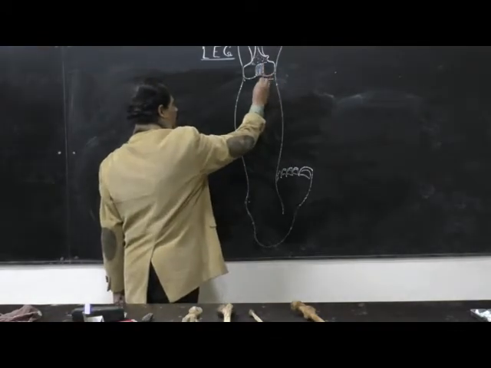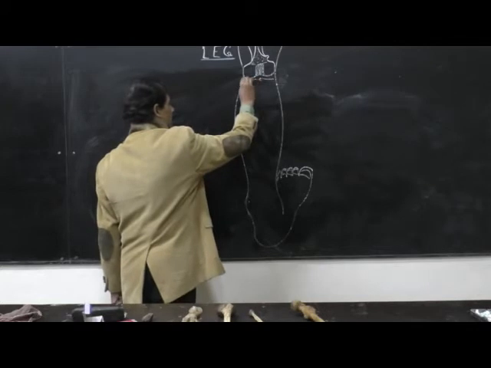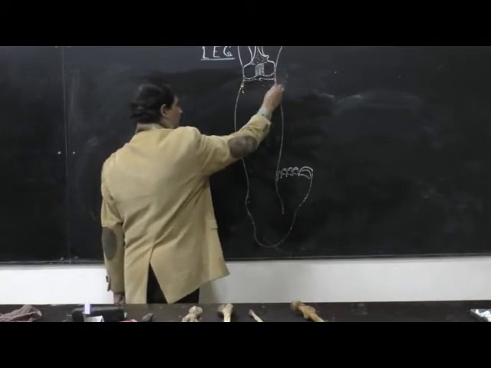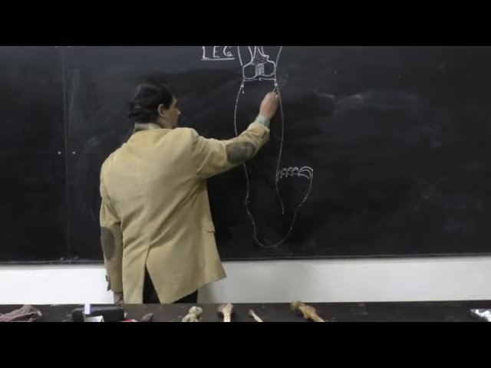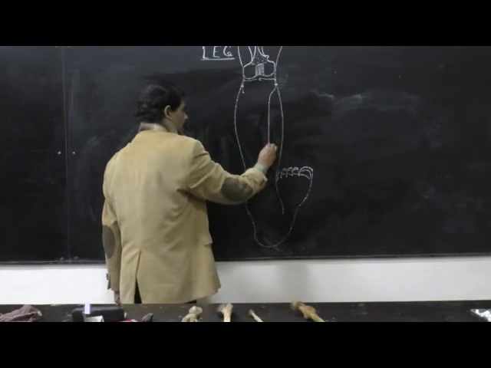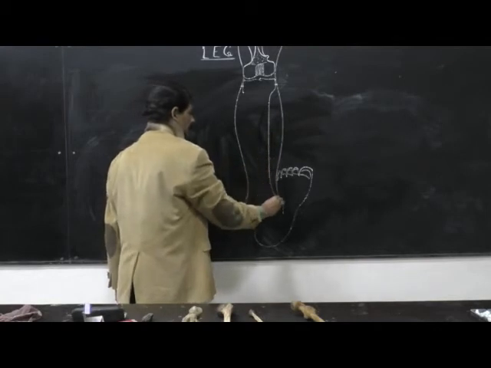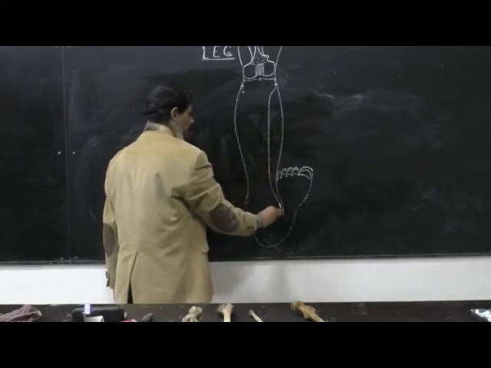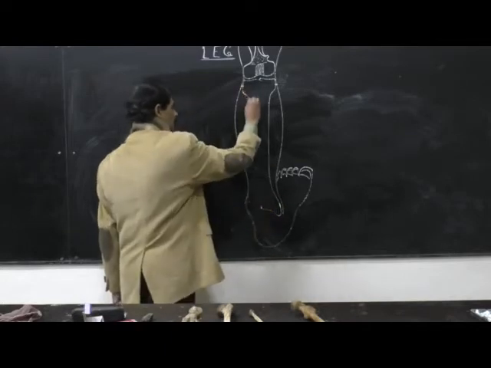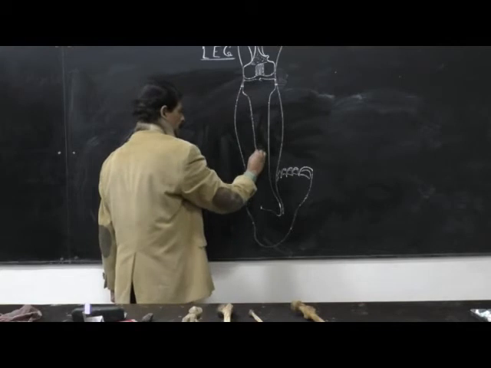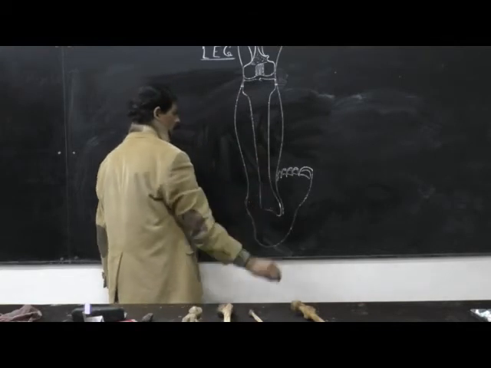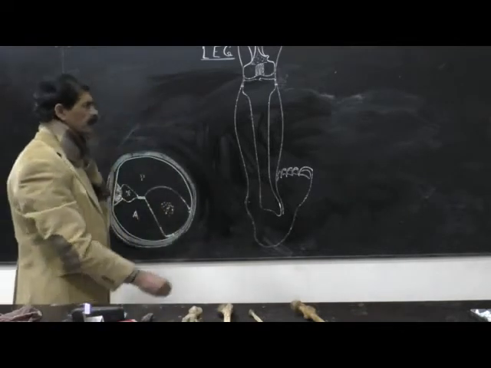Then the knee joint is formed by the lateral and the medial condyle of the tibia bone. The posterior surface of the condyles is the medial border of the tibia. Below it is expanded medially to form the medial malleolus. This is the lateral border of the tibia, the shaft of the tibia, and the lower end of the tibia.